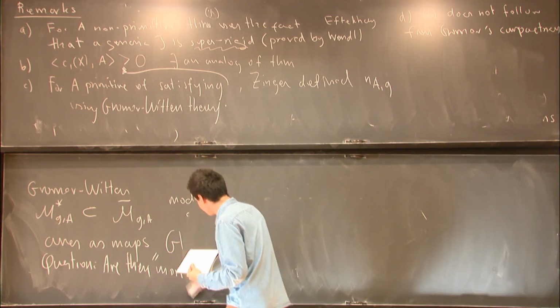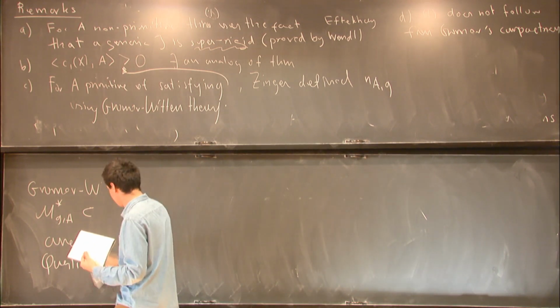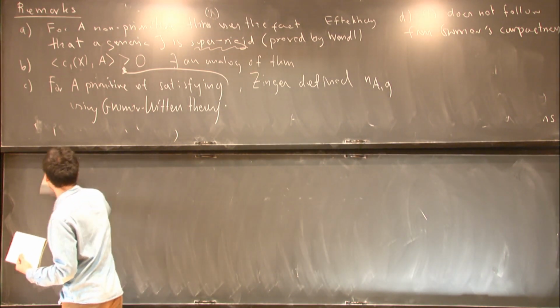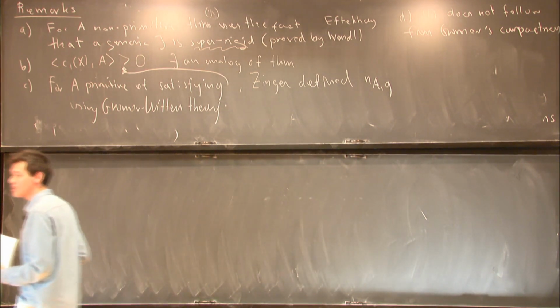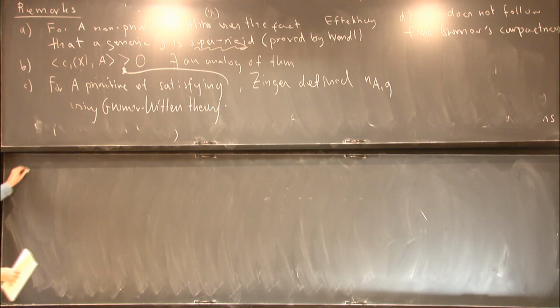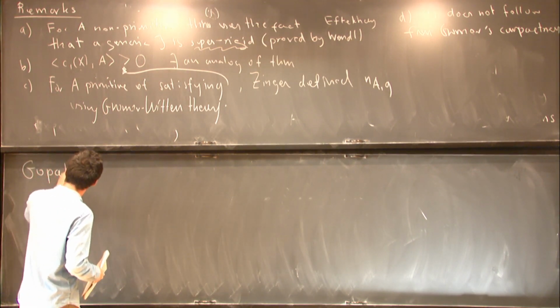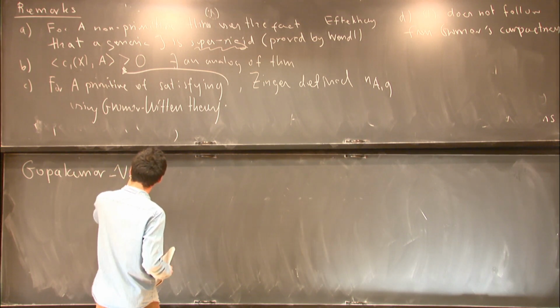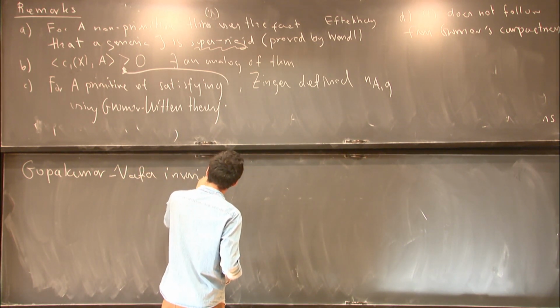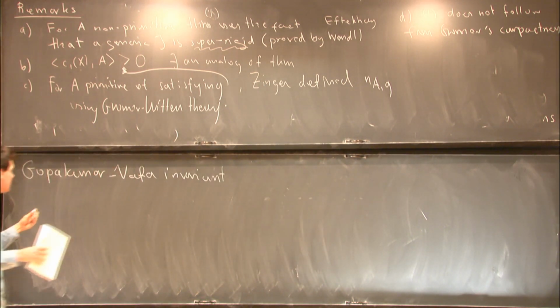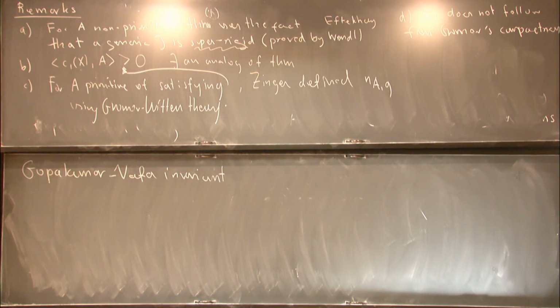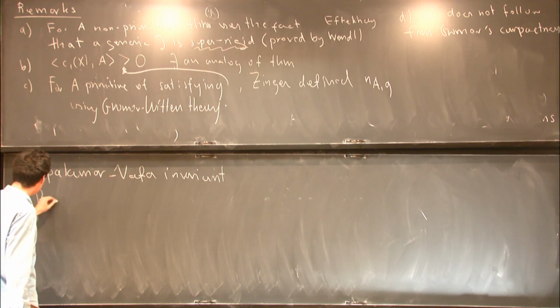So when I said that it's an interesting question to find invariants which are maybe more geometric, there is a conjecture that there exist such invariants, and these are called the Gopakumar-Vafa invariants. Gopakumar and Vafa had this paper on string theory where they considered something called BPS states, which is not something mathematically defined. These are some kind of states in string theory, and the point of these states is that they should be localized along J-holomorphic curves. And based on that, they had this prediction